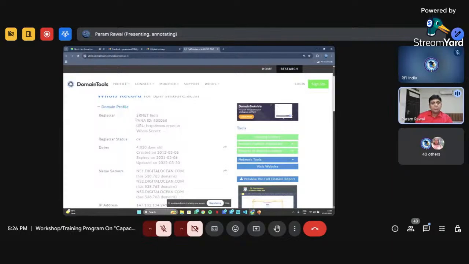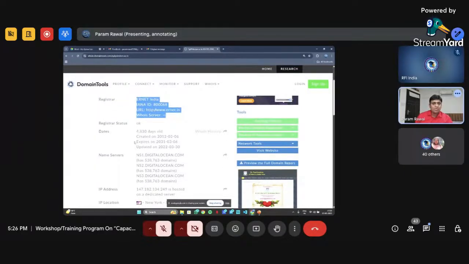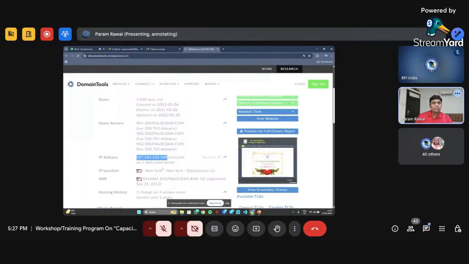So Arnet India is the server through which they registered their domain name. When created: 6th of March 2012 they created it, and their portal will expire in 2031. They updated it on 30th March 2022. So these are their name servers. This is their IP address.